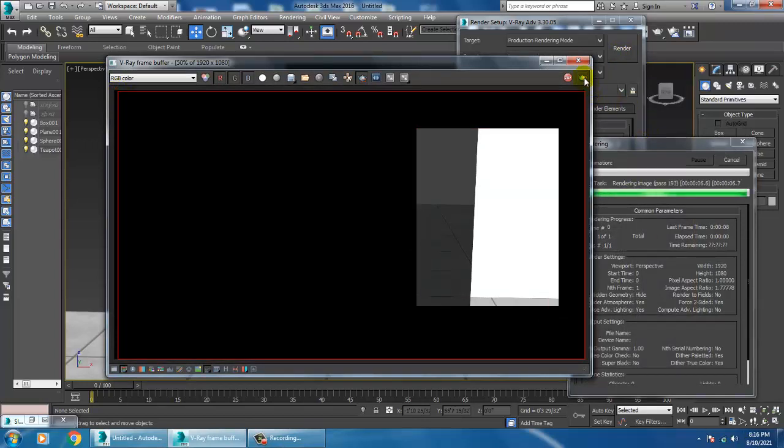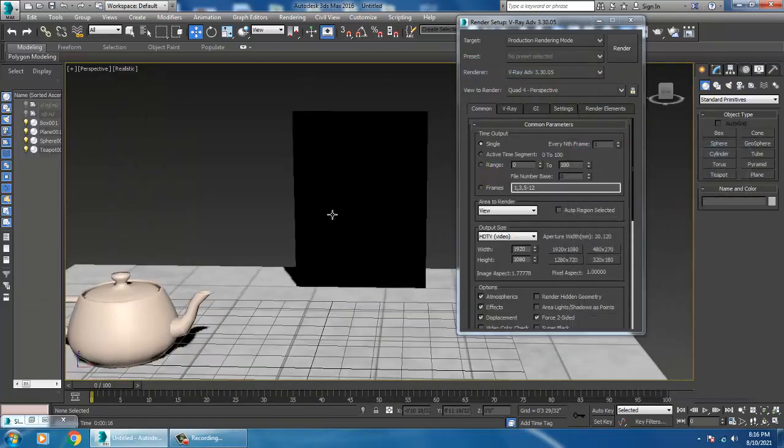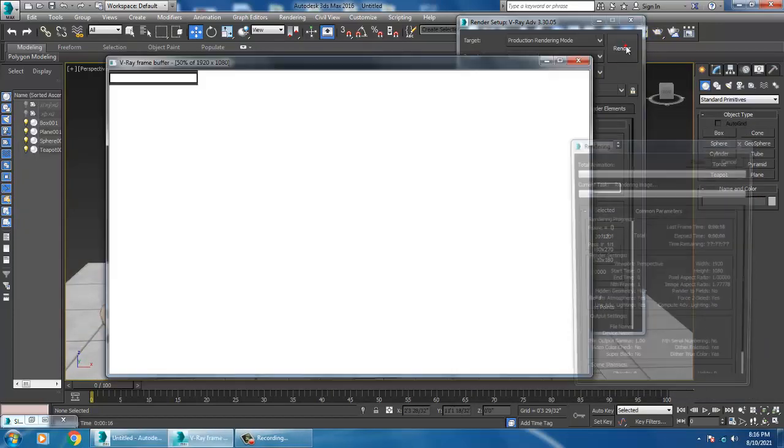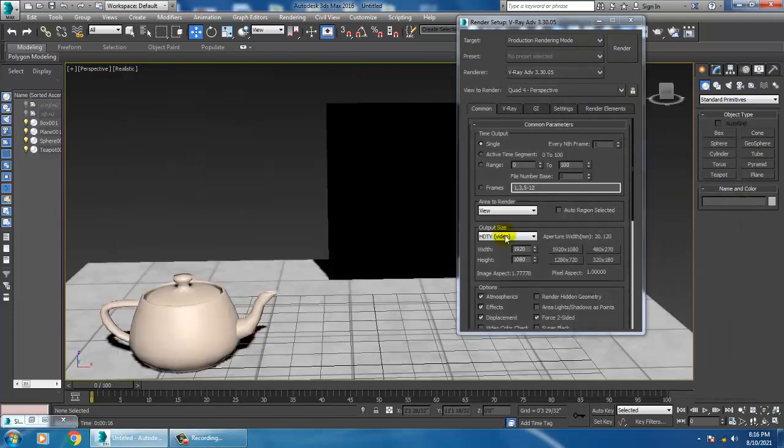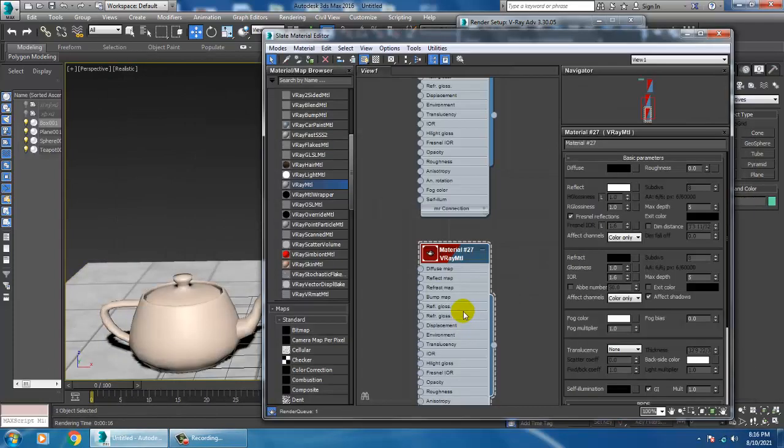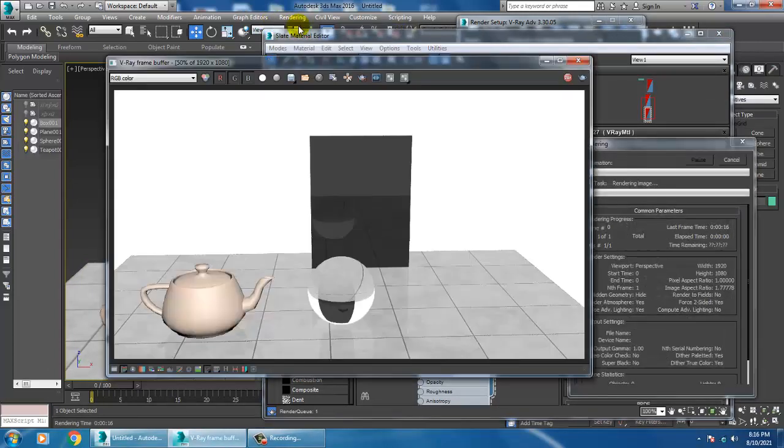As you can see, you can see kind of a mirror over here. If you want to create such mirrors, you can use this.